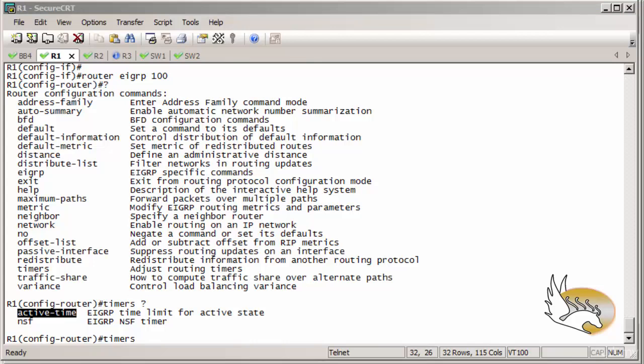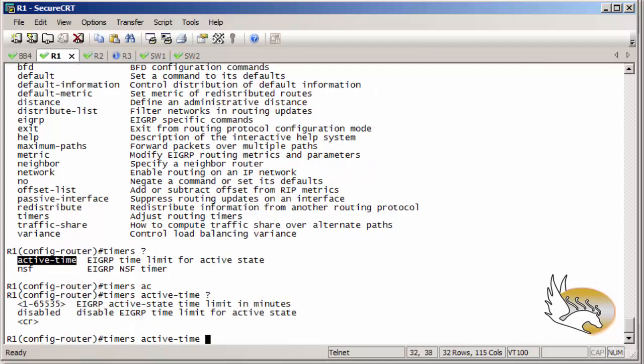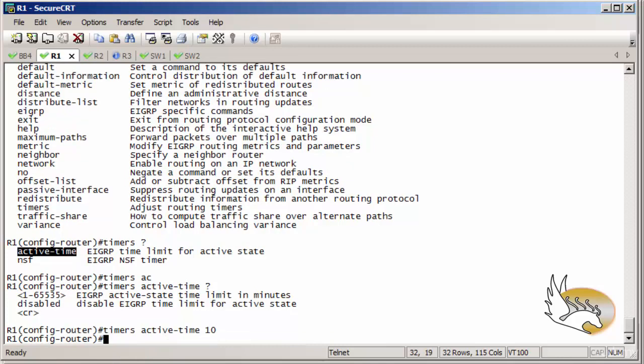So I can go and define this active time, and for this I type in active-time, and you can see that I can disable the active time, or I can set, for example, 10 minutes of active time for this, and press enter, and now this is configured for me. So this is the only thing that I want to have. Okay, I want to disable this,